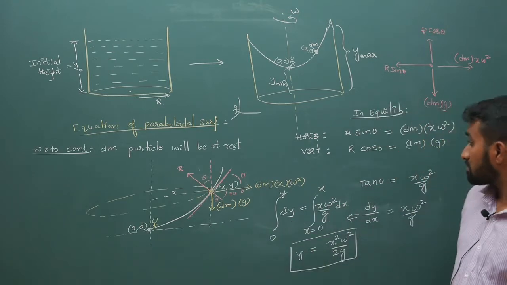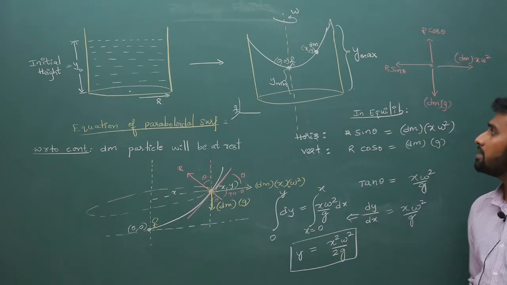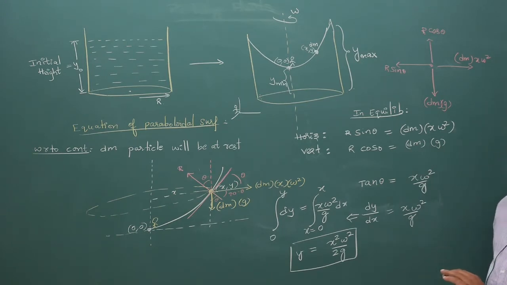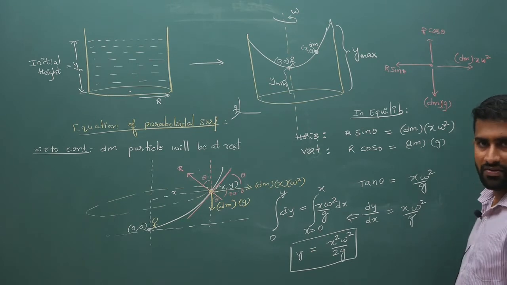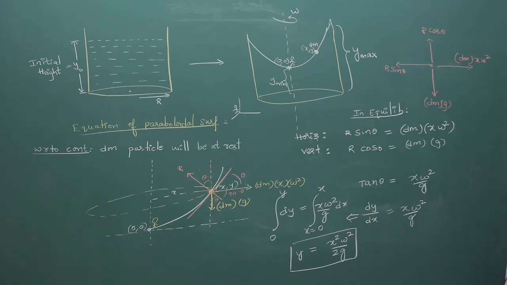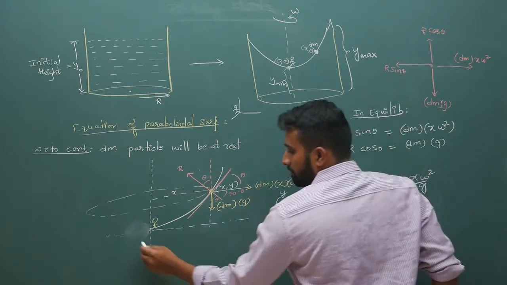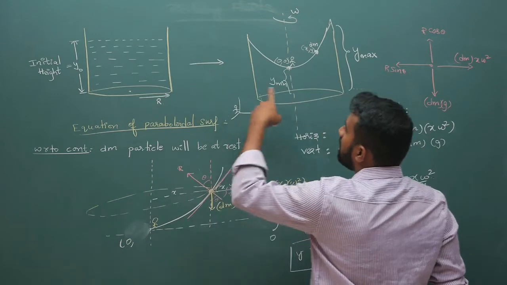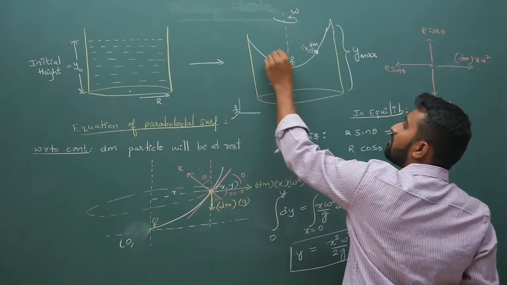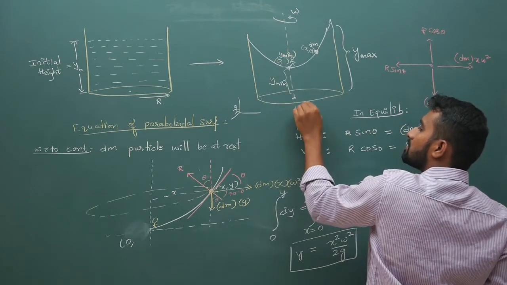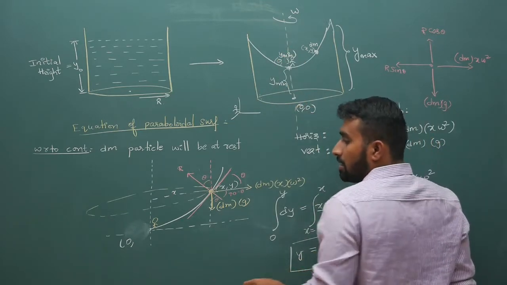Now I will do a slight modification, but those who want to copy this, pause the video clip and copy it down. Now if this is not the origin, nothing else will change. Your coordinates will become 0 comma y min if it is a minimum point, instead of origin, if you take this as your 0 comma 0. Hope you have copied the previous content.